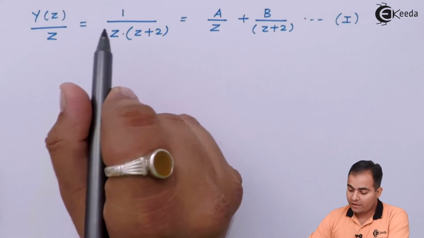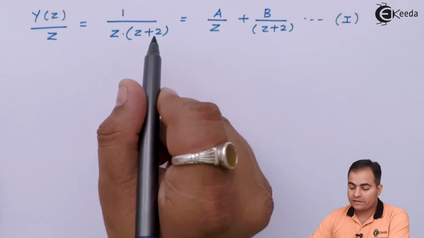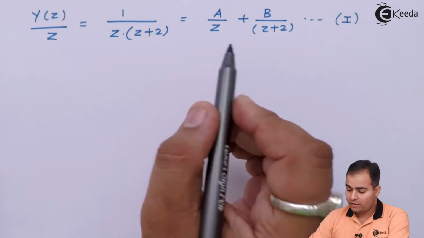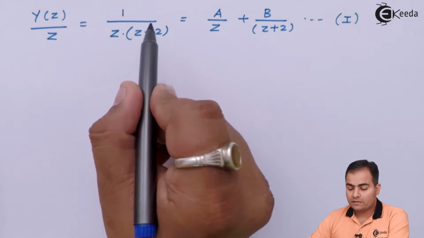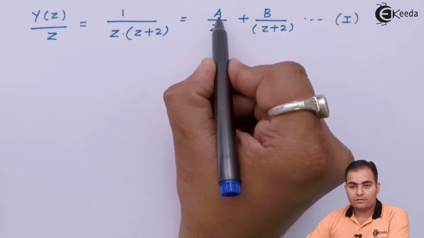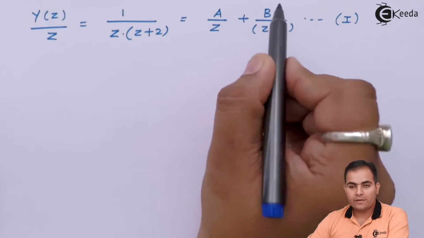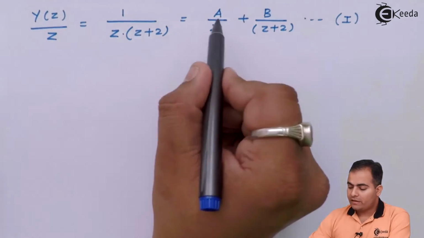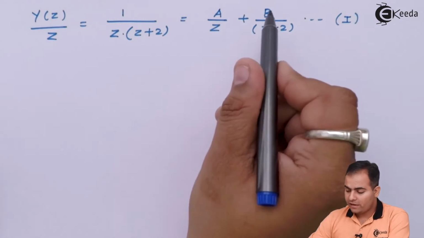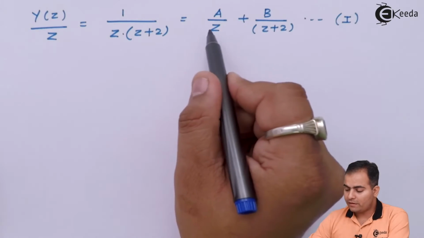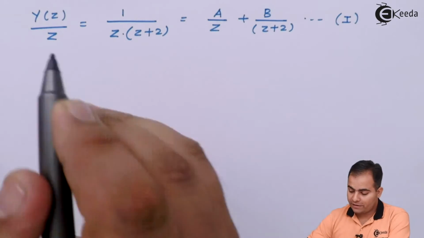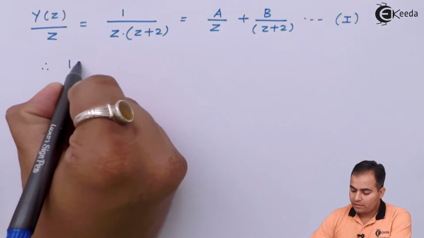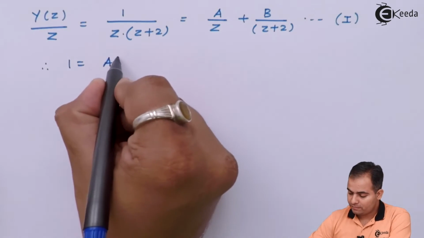But before that, you can apply inverse Z transform by performing partial fractions first. If we have two factors, then we can use two different constants. Let's say A and B are the two constants. So I have written z in the denominator of A and z plus 2 in the denominator of B. Now I'll multiply the left hand side denominator on the right hand side. So my equation will be,